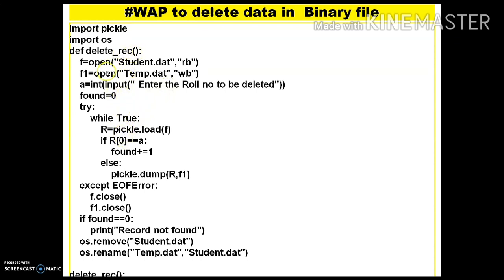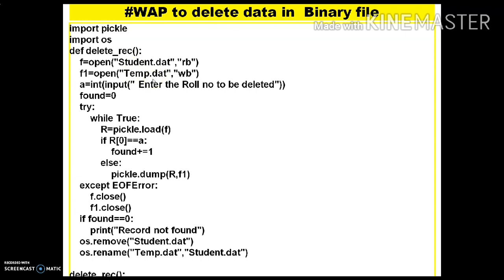Previously I opened two files, the student.dat file and the temp.dat file. Now you load records one by one. If the record is matched, it is not copied; if the record is not matched, it is copied into the temp.dat file.